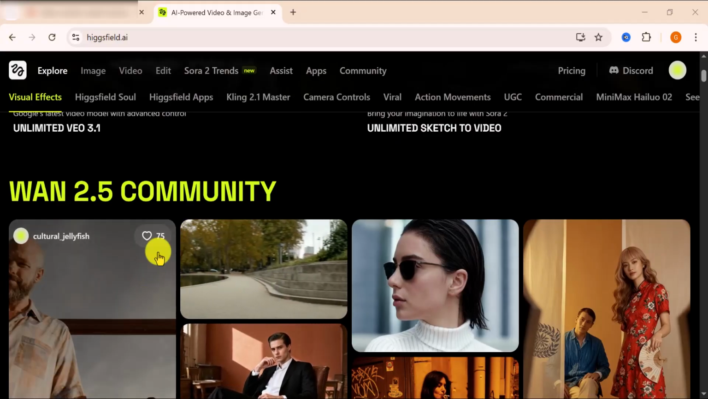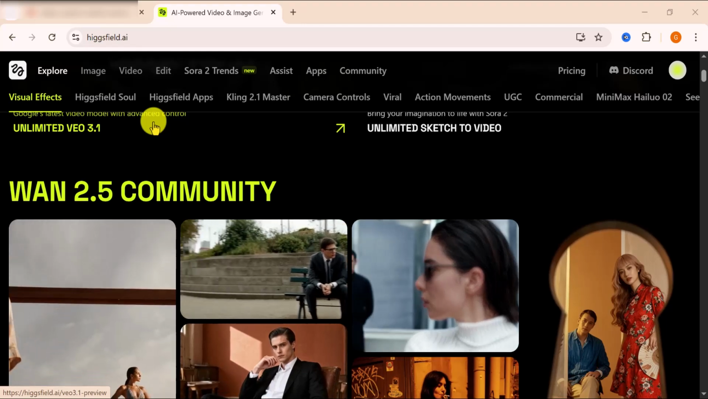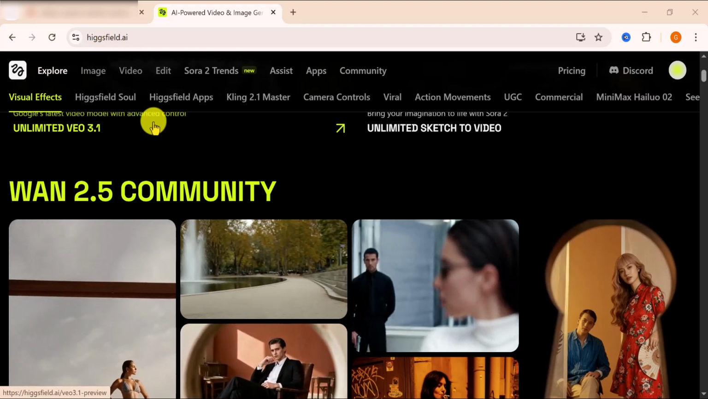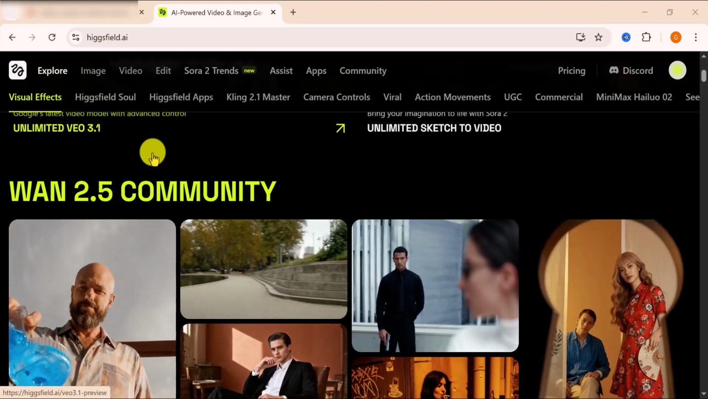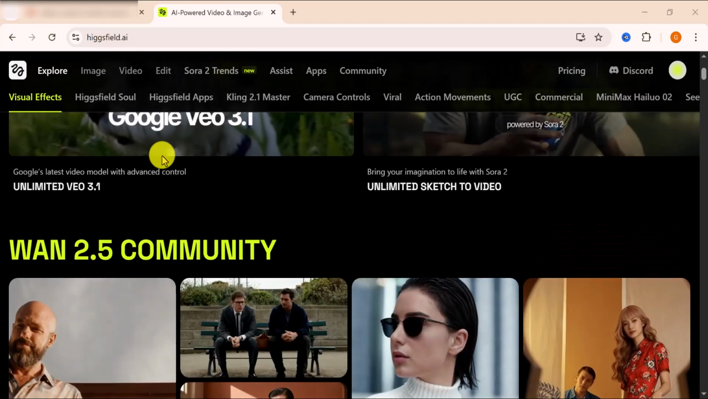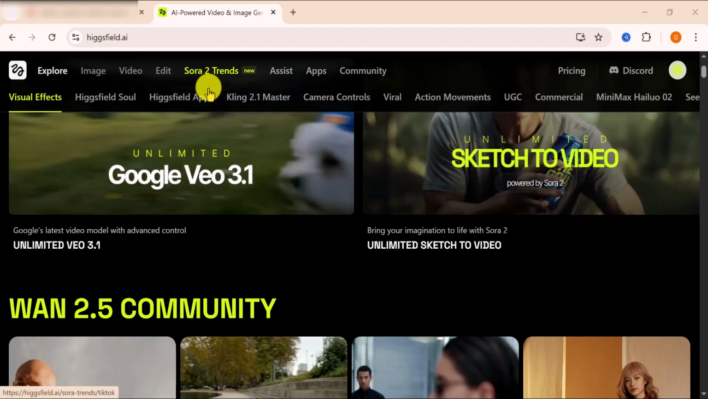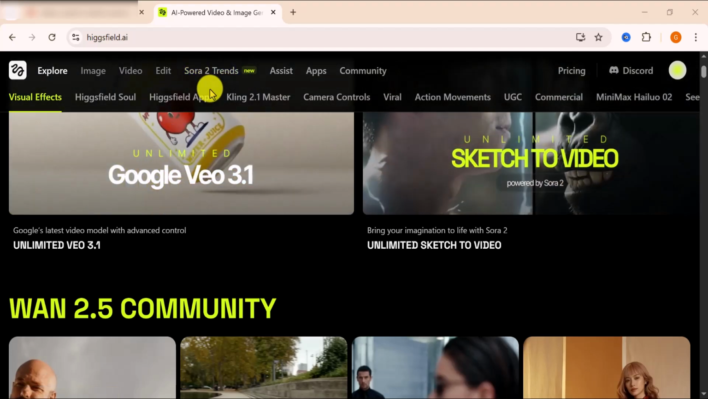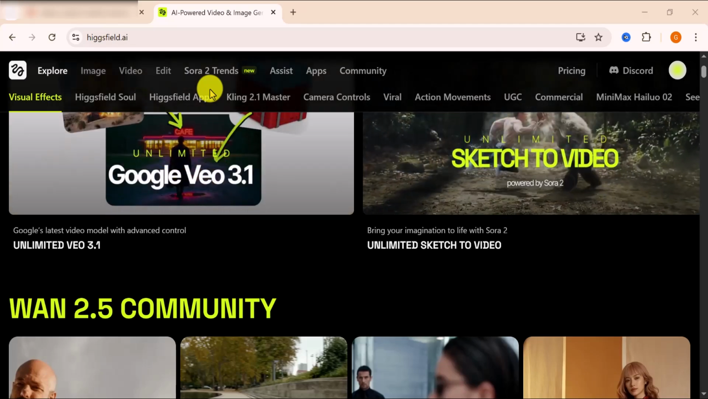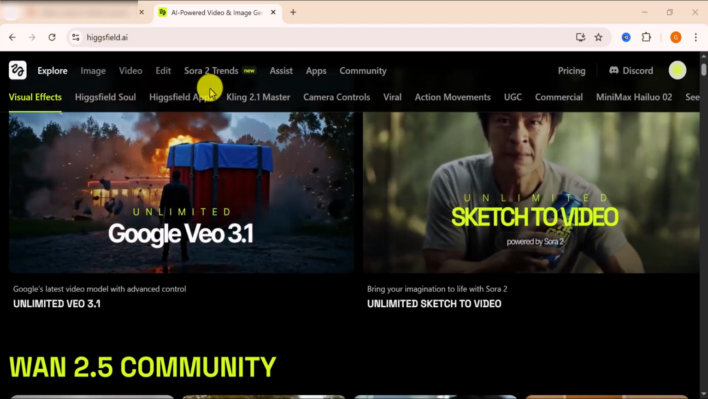So all that video you just watched, they were all made using single prompts using AI. So you can basically create high cinematic videos using a single prompt using the Higgsfield AI Sora 2 trend. So this is the current latest release from Higgsfield AI, and you can now create very powerful cinematic videos using